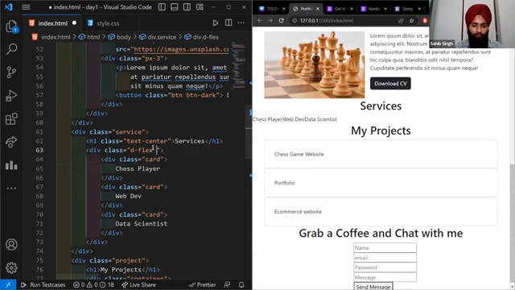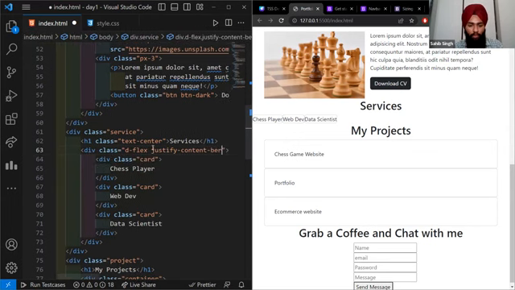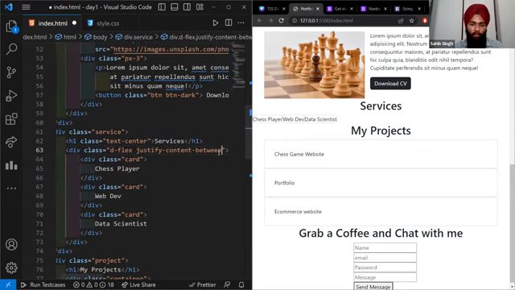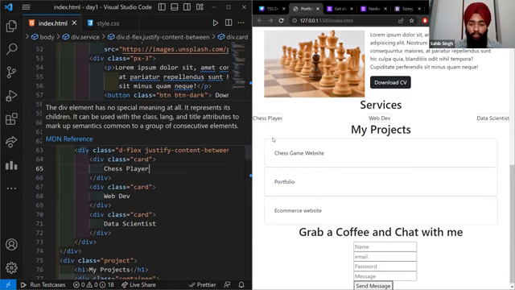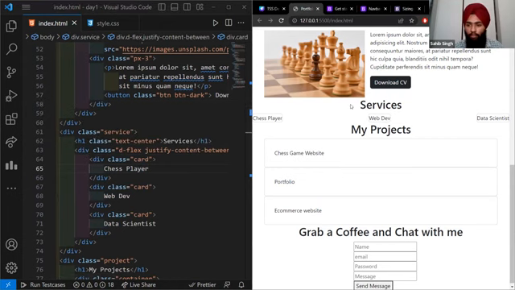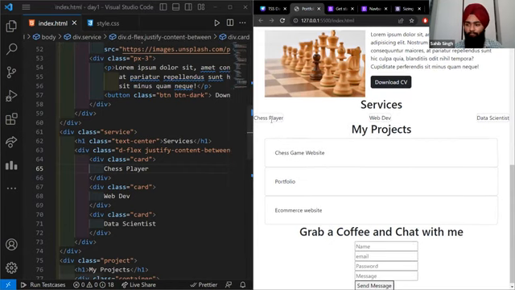So let's give a justify-content-between. It will automatically add the required space between the content, or the children that are within that div. So again, as we can see, these are sticking to the side of our screen. So let's give a container